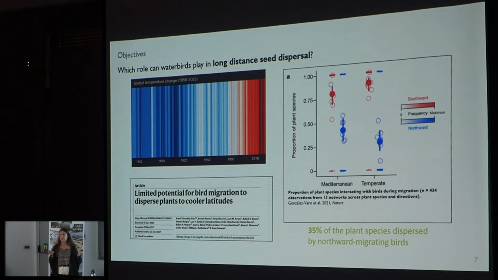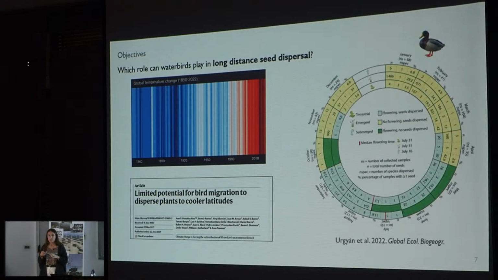So that's why they didn't find a strong overlap, and why they said that bird migration can have limited potential to disperse plants to cooler latitudes. However, in the case of waterbirds, this can be different, because they can also feed on the seed bank, depending on their feeding habits. And if they feed on the seed bank, we don't need that